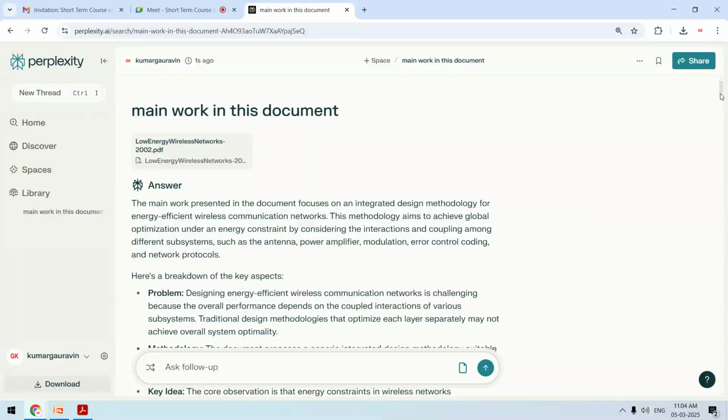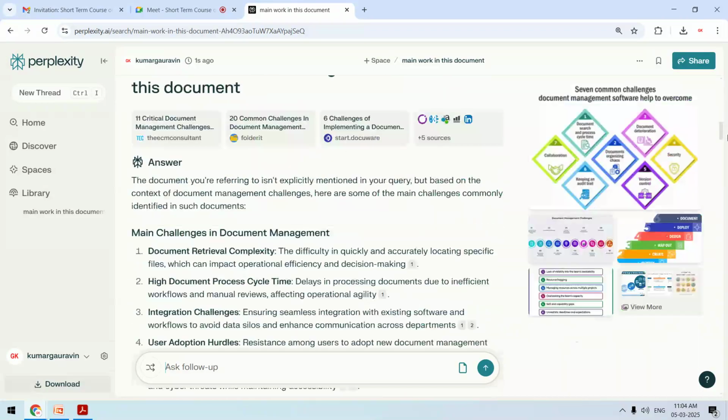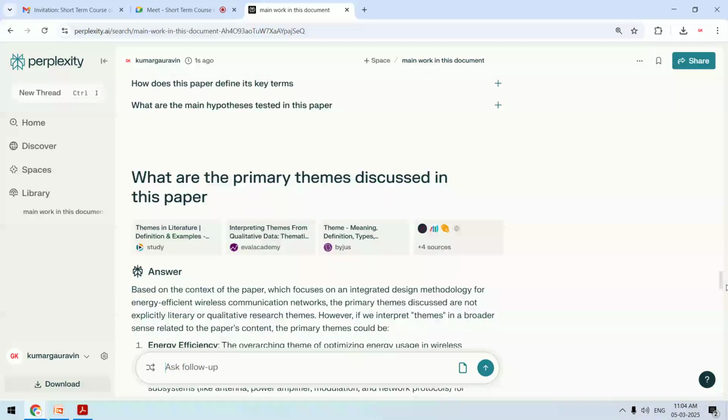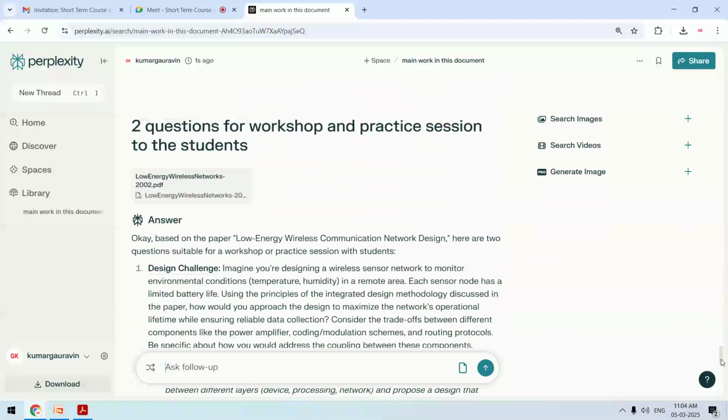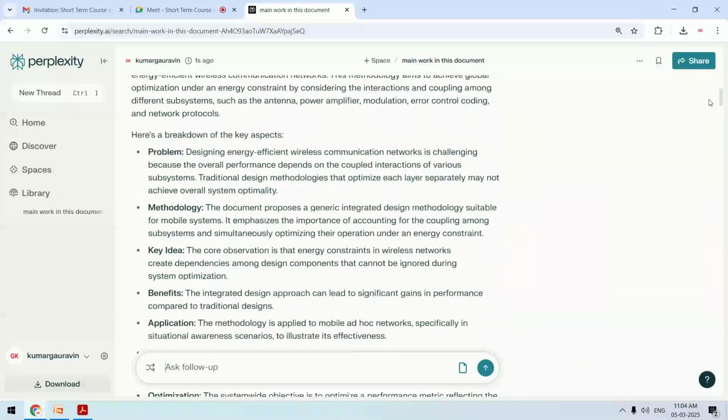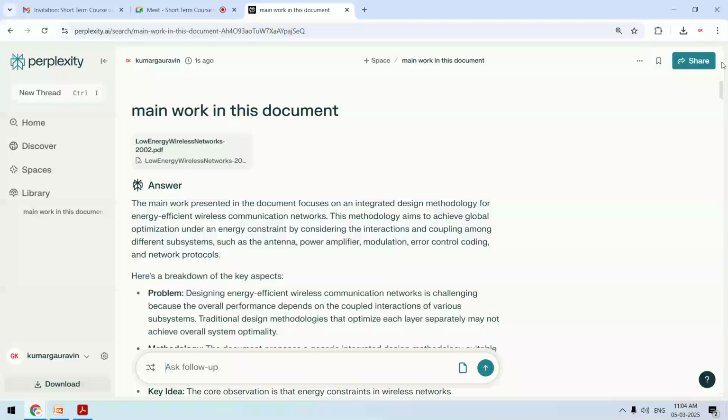Okay, so any question you will be able to put, any number of documents you will be able to upload, and you will be able to ask the questions. Okay, now we will see how to work on